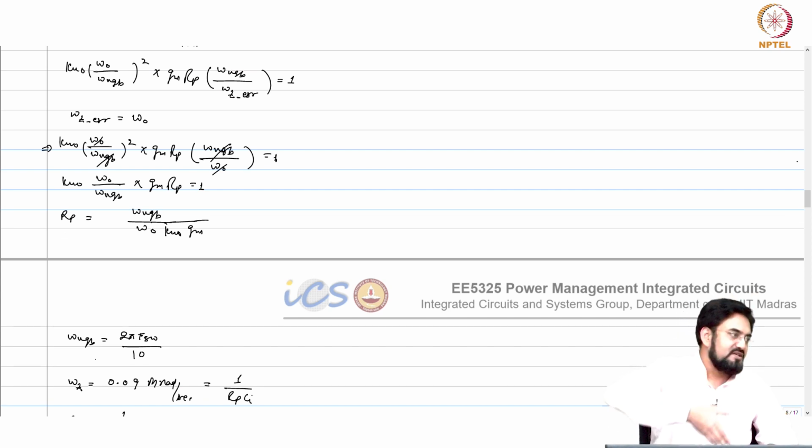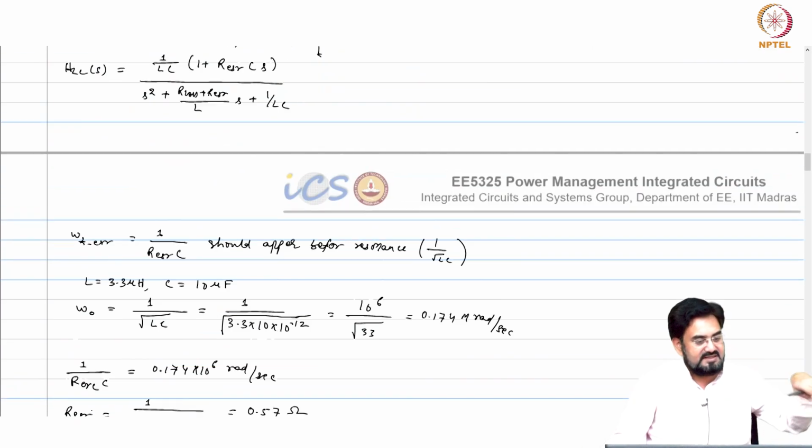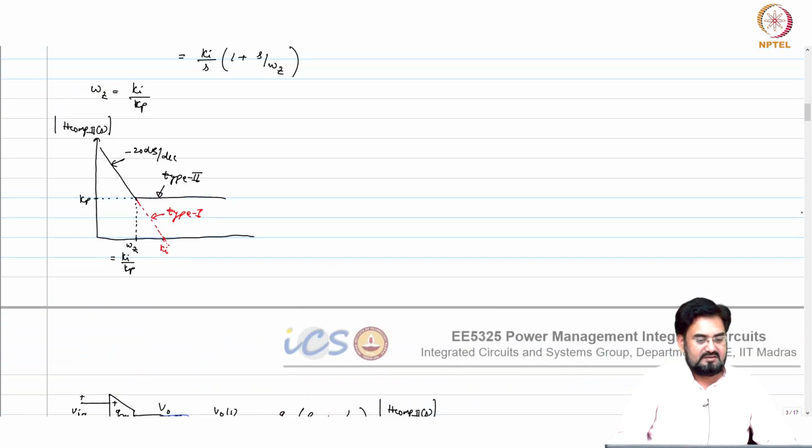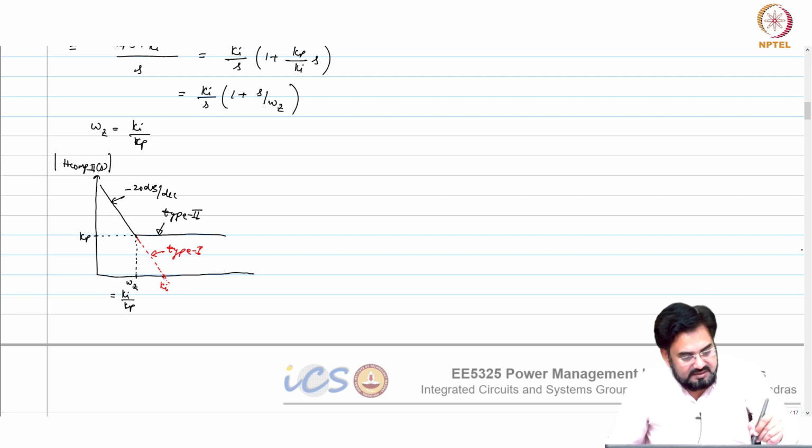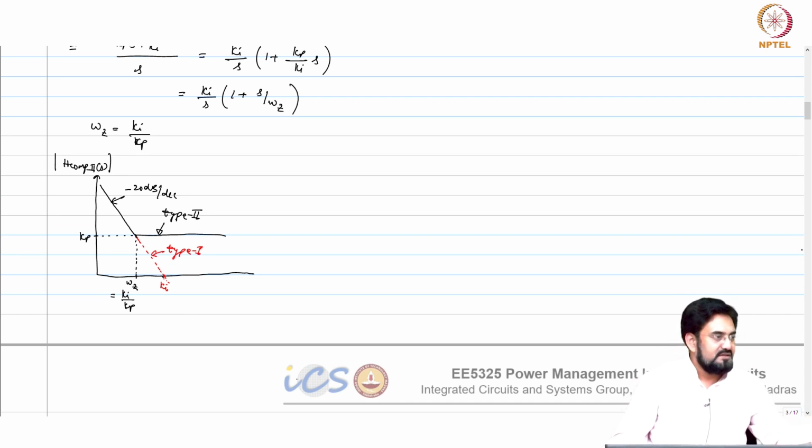So closer to your first order, minus 20 dB per decade, a very nice falling gain response, you will get the best response out of that. But if you move your zero to a very low frequency, your flat gain is changing here. So if I move the zero here, then ideally I want this to keep falling to look like a first order. So your settling response may not be as good as first order in that case. So that is one thing.